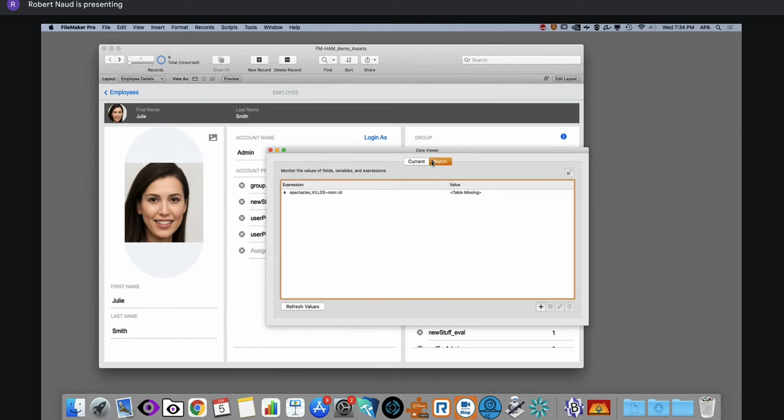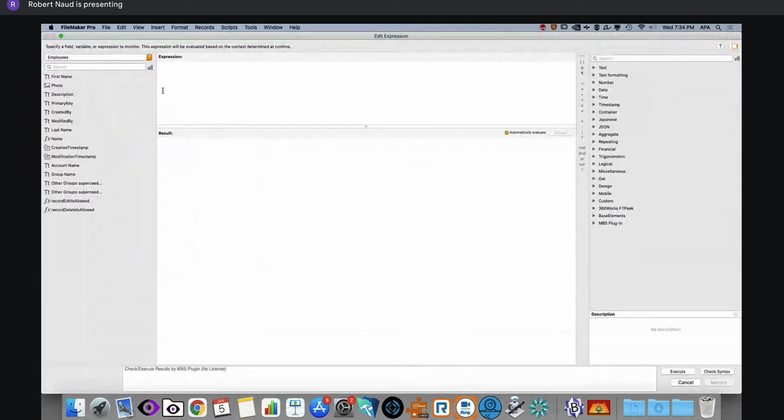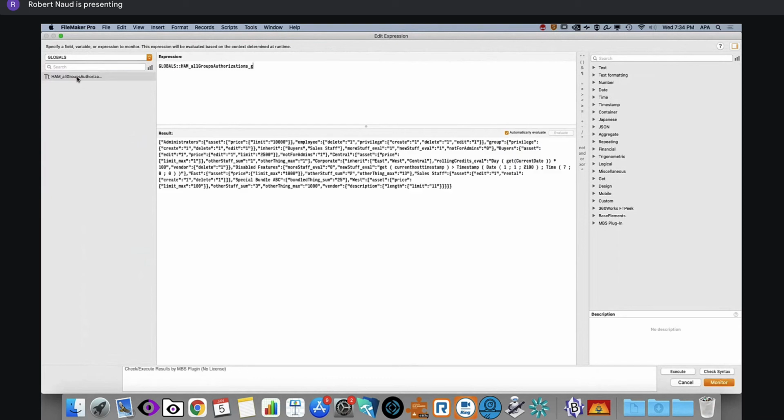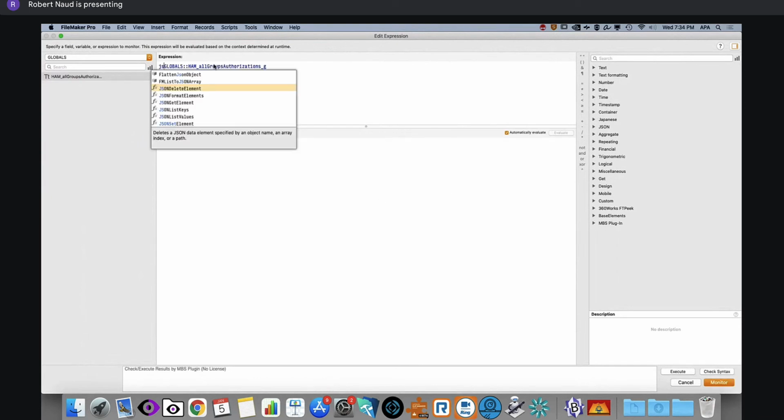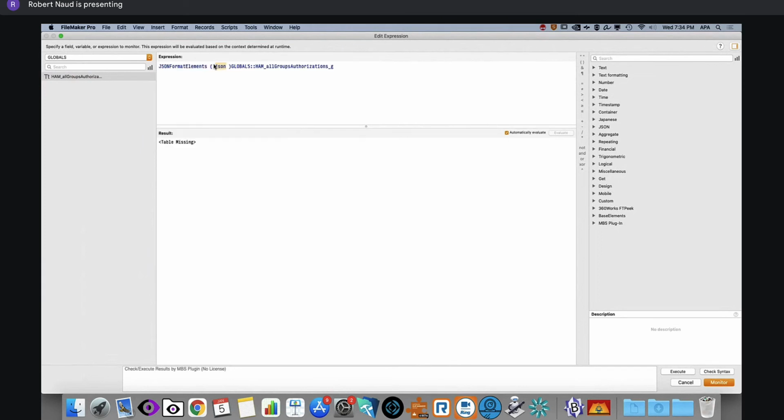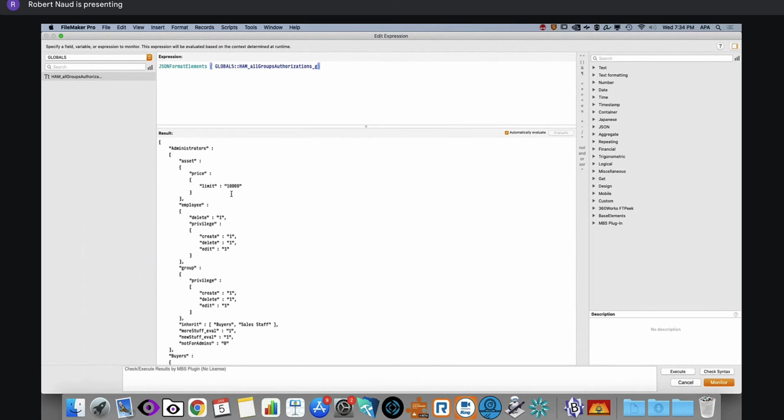There is a global that I have in here, and if I do a JSON format for this, it lets me build this JSON object